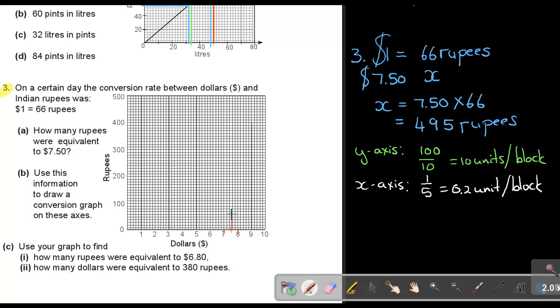Okay, I have to draw that line. Let's just get the ruler. So 7.5 will be here in the middle. I'm just getting that point. I will now delete the line. And then it's 495 rupees. Okay, so let's see, 300, 400. That's 10, 20, 30, 40, 50, 60, 70, 80, 90, and it's 95, so it's exactly there.